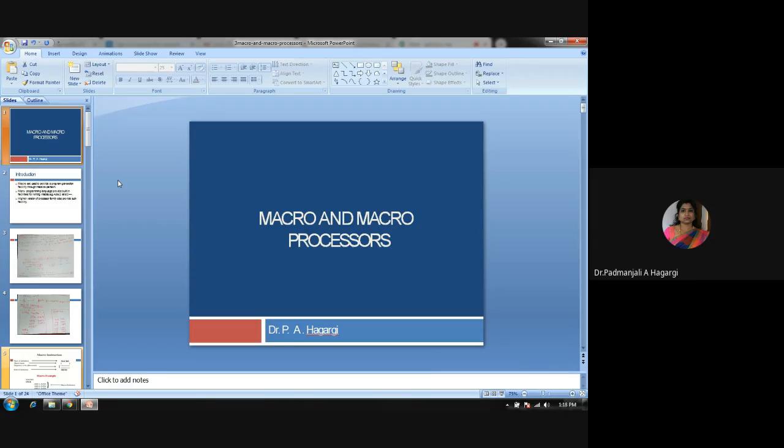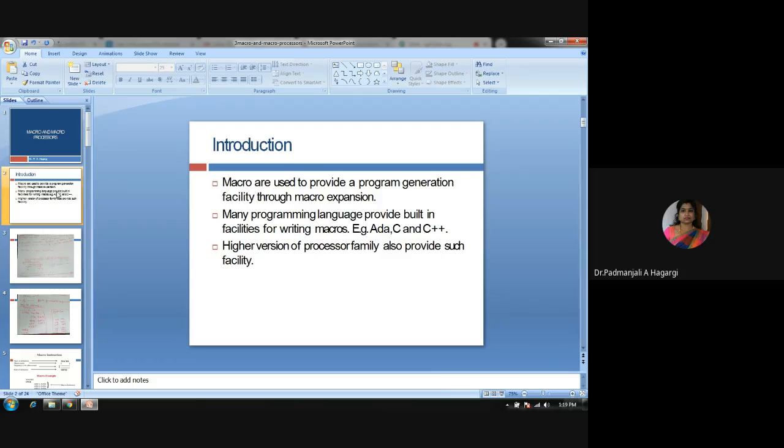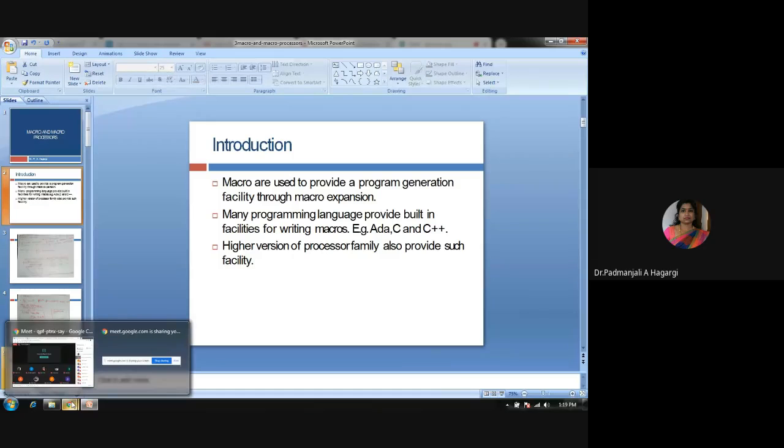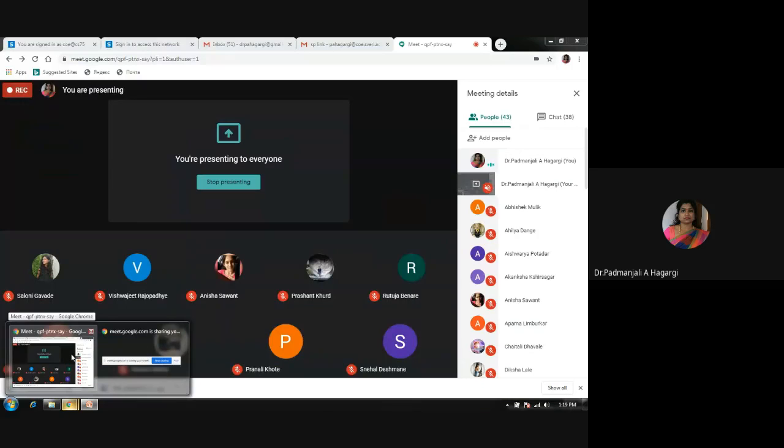Along with the pre-processing statements, it was mentioned that there were three kinds of pre-processing statements. Those were something like macro processors. Or shall I ask you people? Can you answer? What were the pre-processing statements?